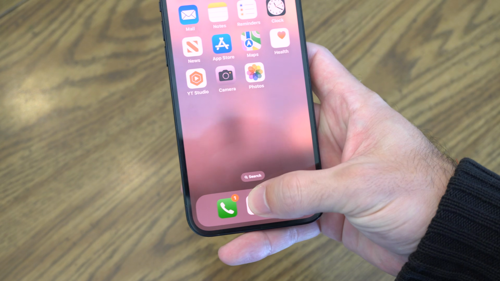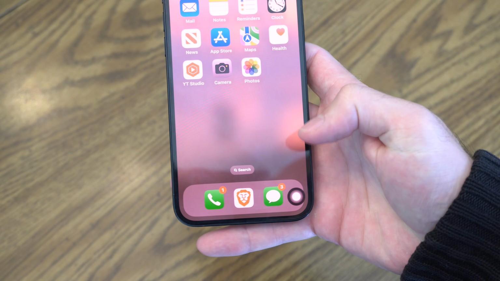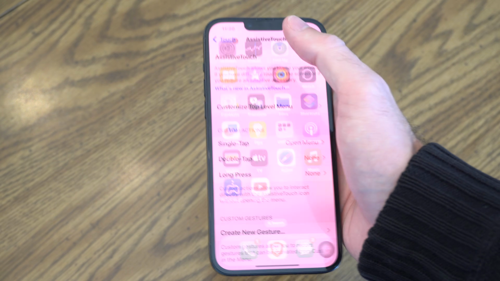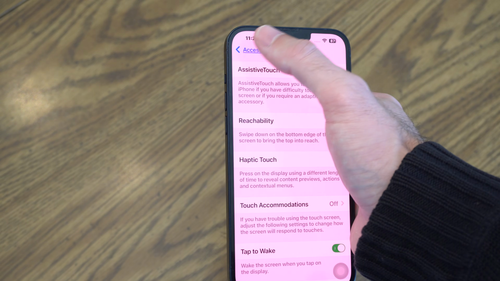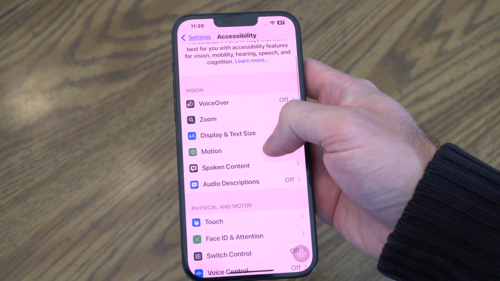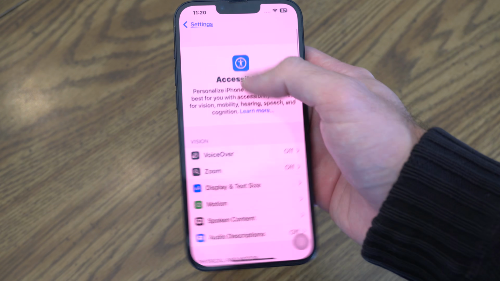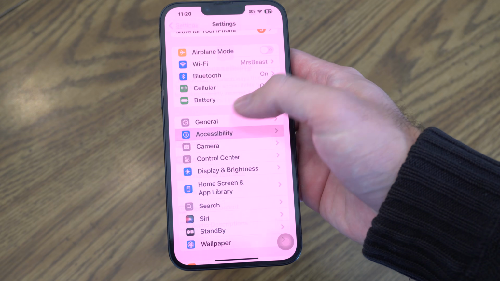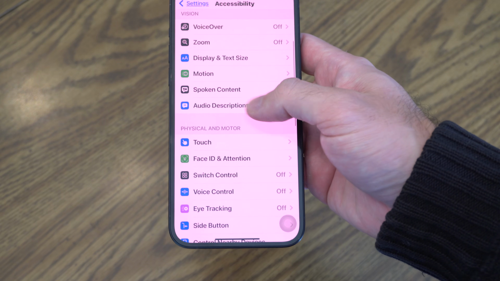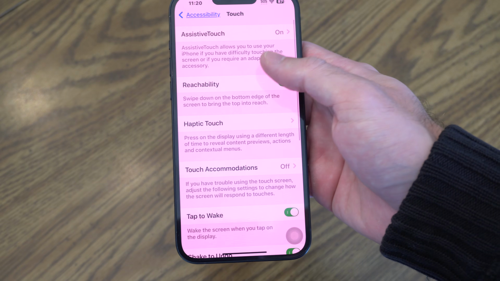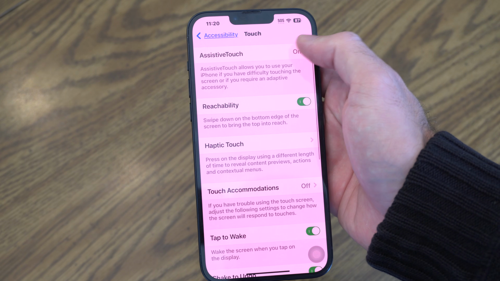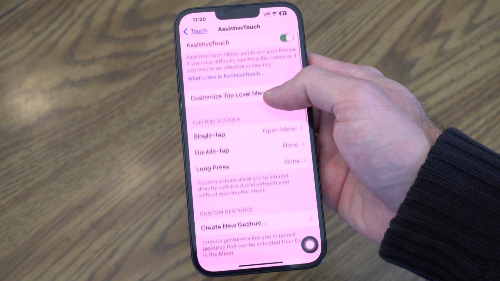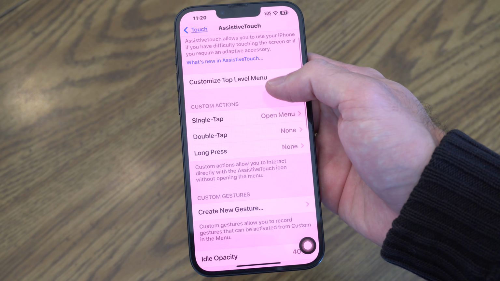So you can place it right on the bottom if you want, but usually I just put it off to the right. Now to get this, go to settings. Select settings and we can go back, and this will just be under the accessibility settings. So let's go to this, scroll down, accessibility, scroll down to touch, then go to assistive touch on. So we can just turn this on, and then we got custom actions under here too if we want to